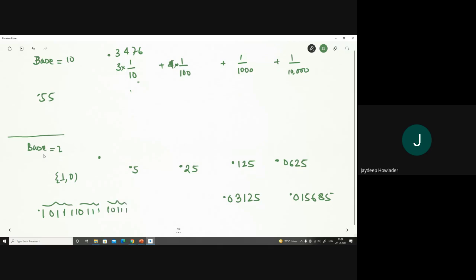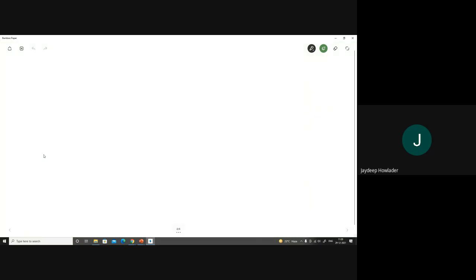Okay, so why is it happening? Because the values are not matching. I am interpreting as base 10, but I am doing these things in base 2, so their positional values are different, and I am not able to fit them, not able to adjust the things in a proper way. So I will show you with this example how it is happening.